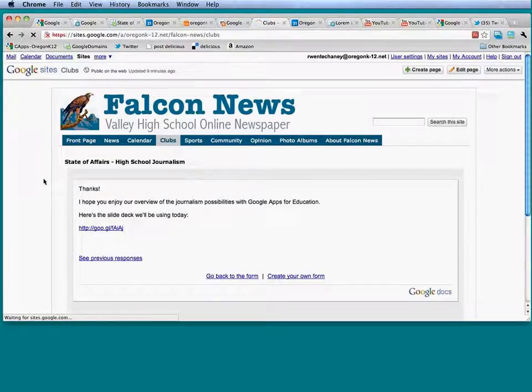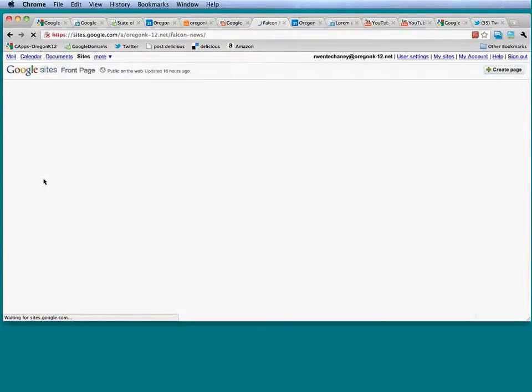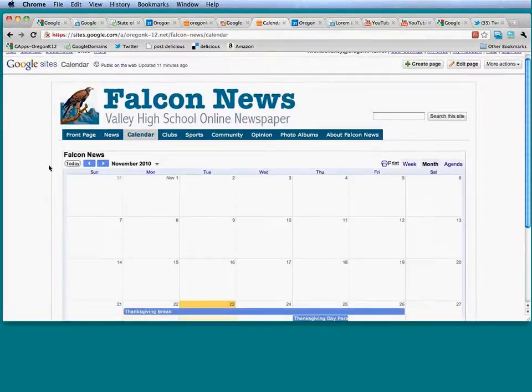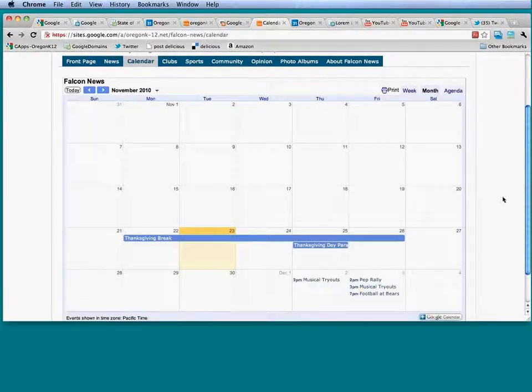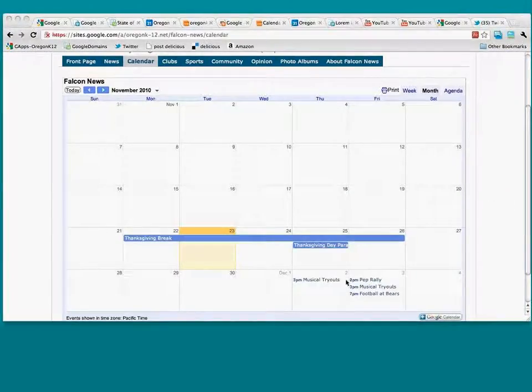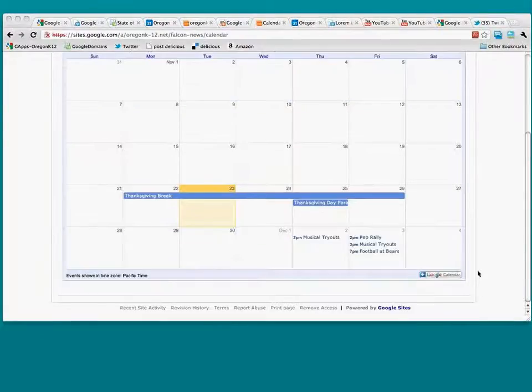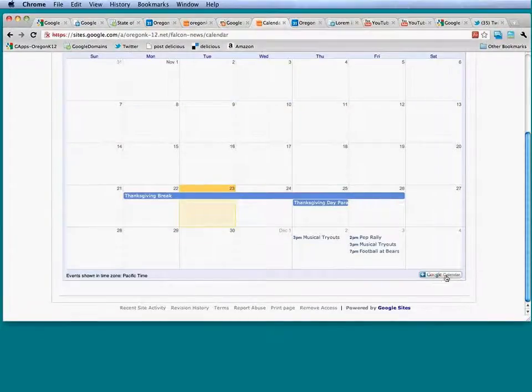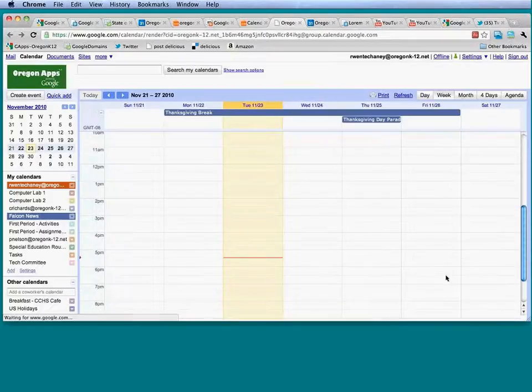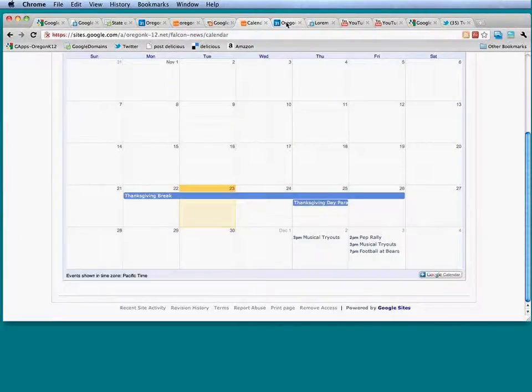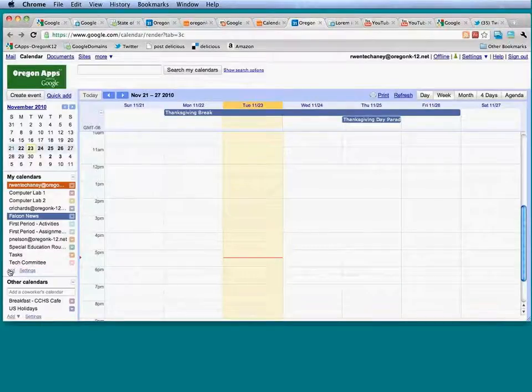One of the easiest ways is, let's say I'm at my school newspaper and I'm on a calendar, fairly default, and I apologize, the web control is right in my way. At the bottom of the Google Calendars, there's always an option to subscribe to a Google Calendar. So if you're someone publicly visiting a site, that's probably your easiest option. And if you're in an apps domain,